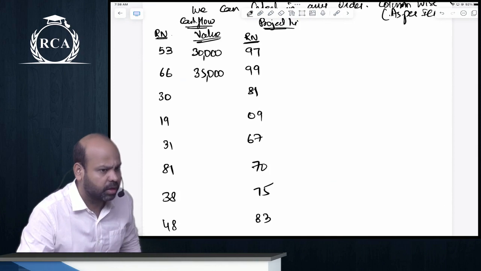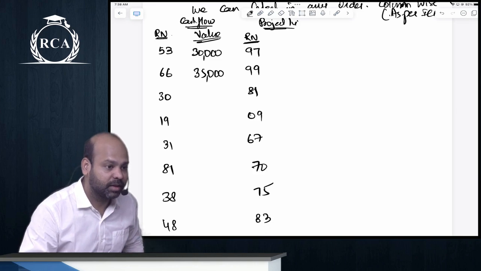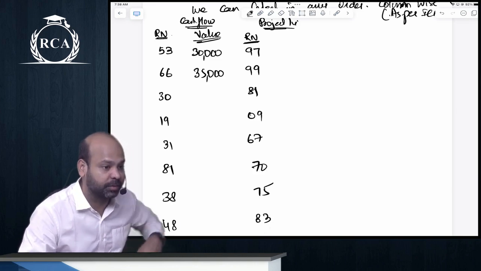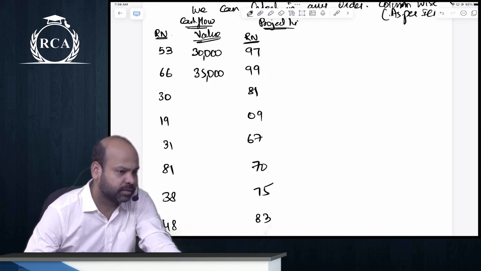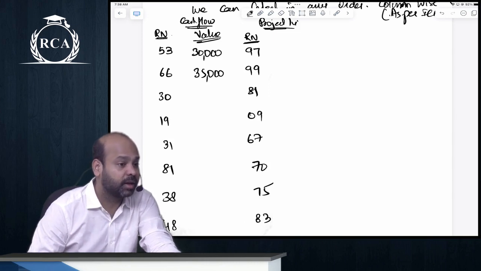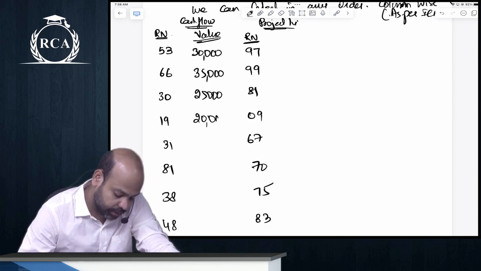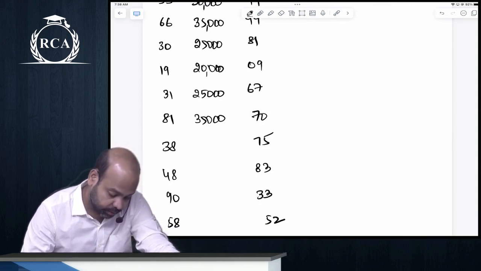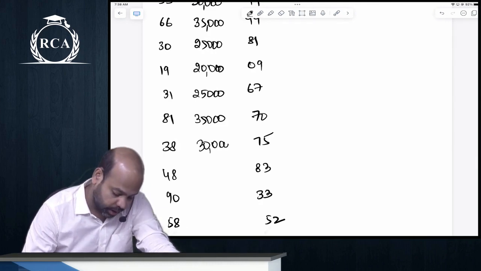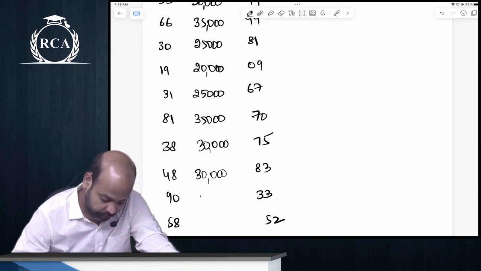एक सेकंड सुन लो बे, लिखते जा रहे। साई किरण, सुन रहे नहीं वो? कितना है बेटा 30 के अगेंस्ट? 30 के अगेंस्ट रैंडम नंबर के अगेंस्ट वैल्यू कितनी? 25,000। 19 के अगेंस्ट... 31... 81... 35,000। 38 बेटा, हाँ 30,000 अगेंस्ट 48... 90... 40,000 58।